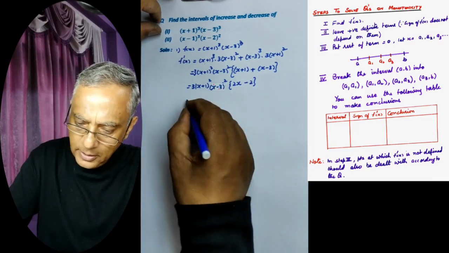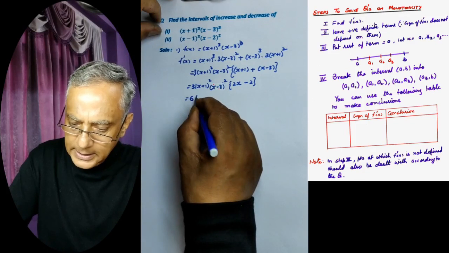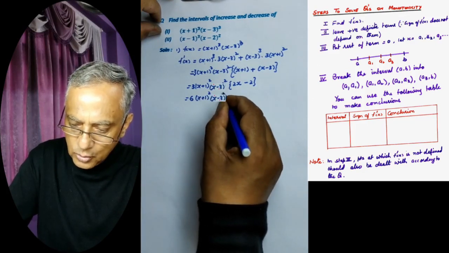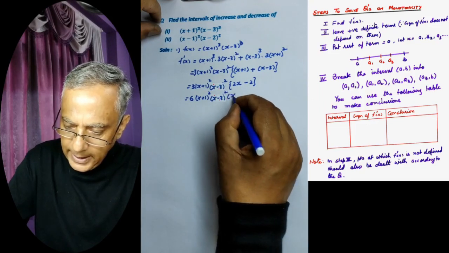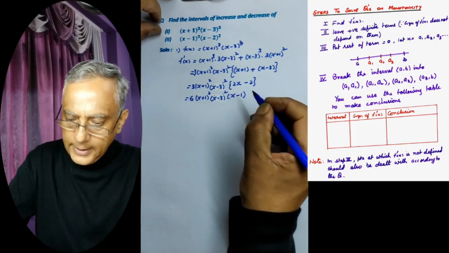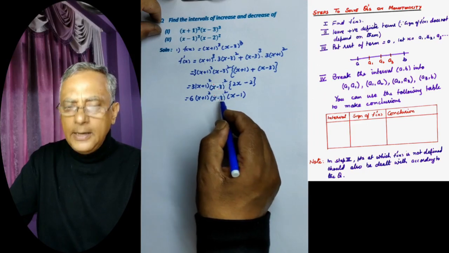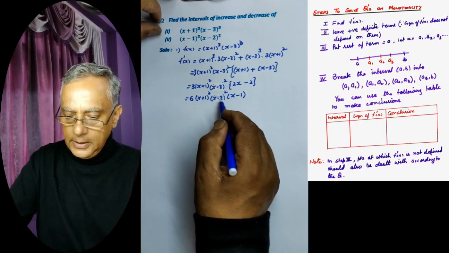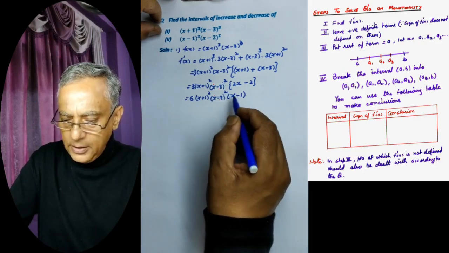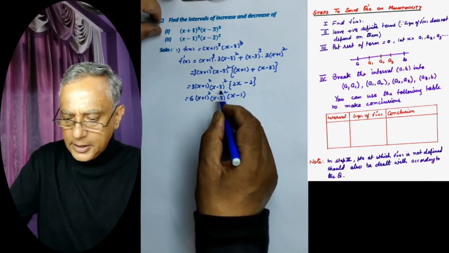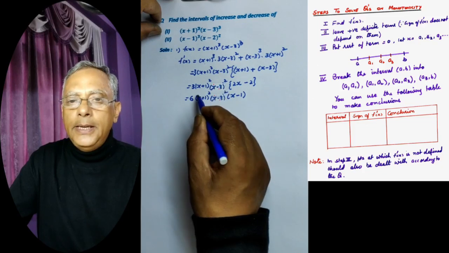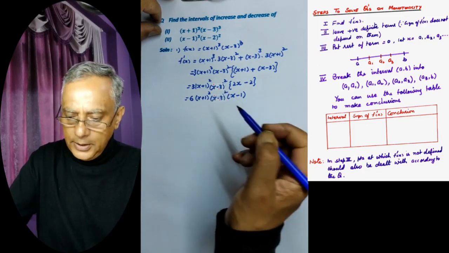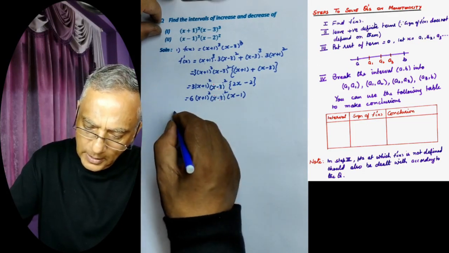2x minus 2, 2 is common. We have 6 into (x plus 1) whole square into (x minus 2) whole square into (x minus 1). Now these two terms are positive, and therefore the sign of f dash x does not depend upon these terms. These terms always remain positive. So what we do is we put